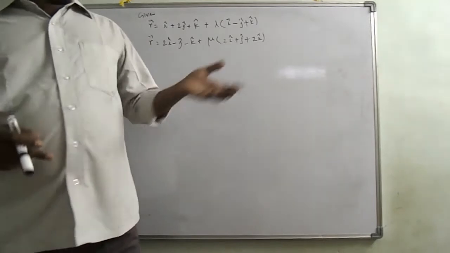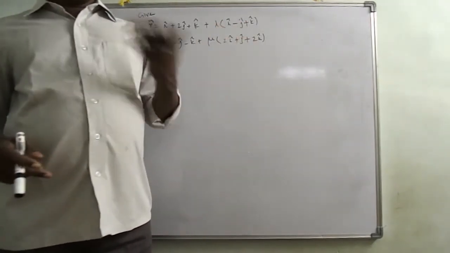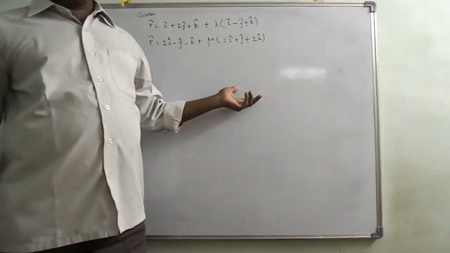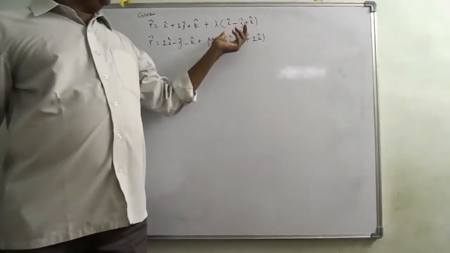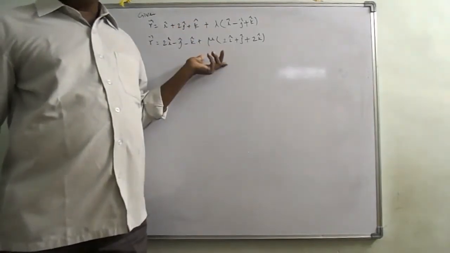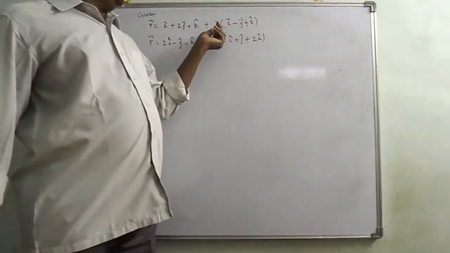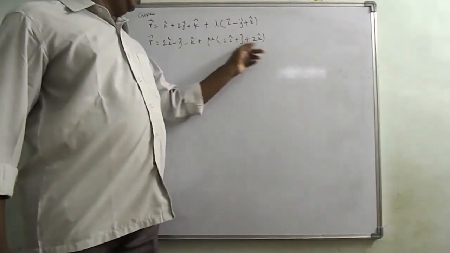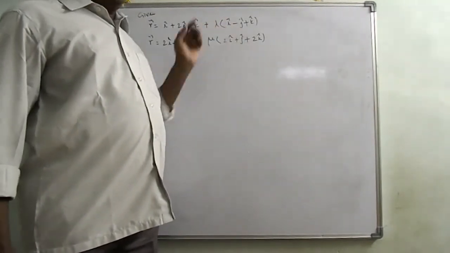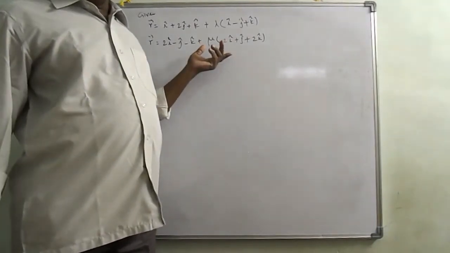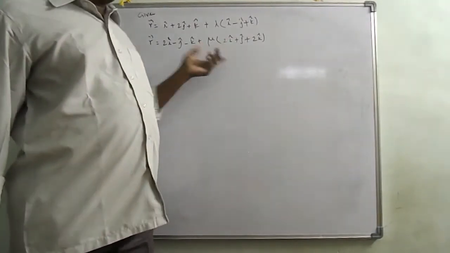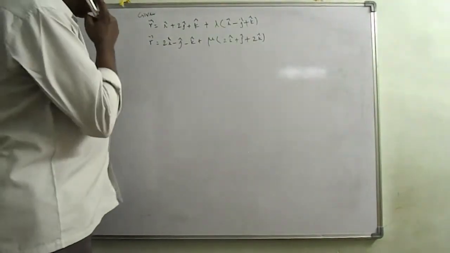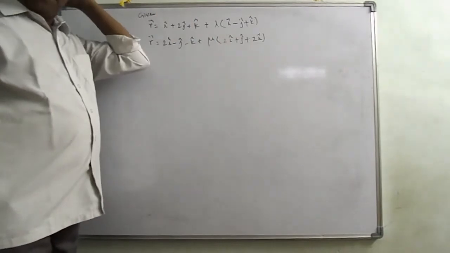Already I told you, if they are intersecting, the shortest distance becomes 0. That means in the distance formula the numerator becomes 0. But the given lines must be skew lines, because the vector along with lambda and the vector along with mu are different. Therefore, either they must be intersecting or skew. Here I hope they have given skew lines. Now we have to use only the skew lines formula.